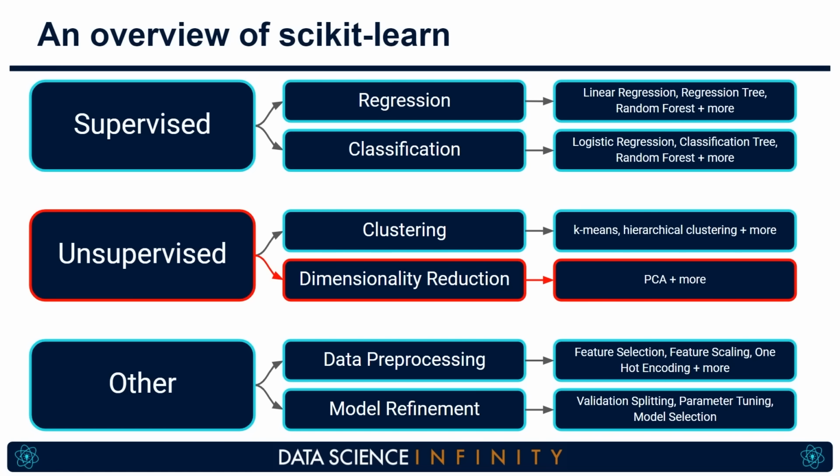Now, it's not just models and algorithms either. All the useful tools you will need are covered, including those for data pre-processing and preparation. Things such as feature selection, where you can learn which input variables are most important in cases where you have a lot of them. Feature scaling, to ensure all input variables are on a similar scale, which can be vital when dealing with distance-based algorithms, as well as logic for things like one-hot encoding, which helps turn categorical or text-based variables into a numeric form which the model can more easily understand.